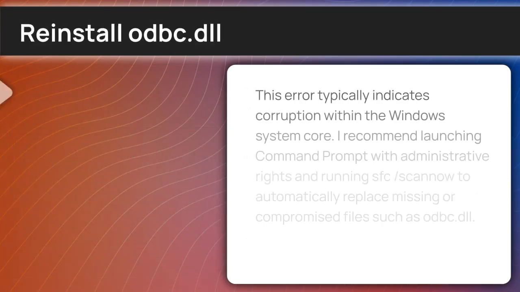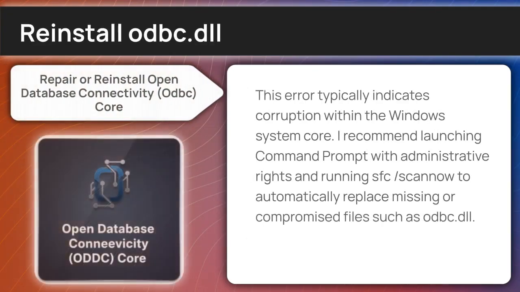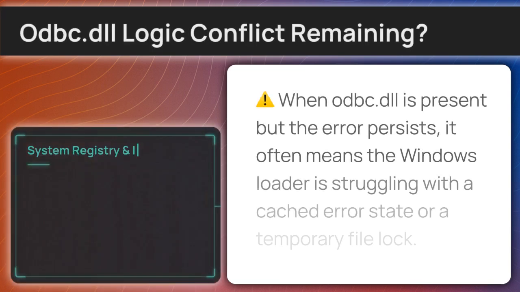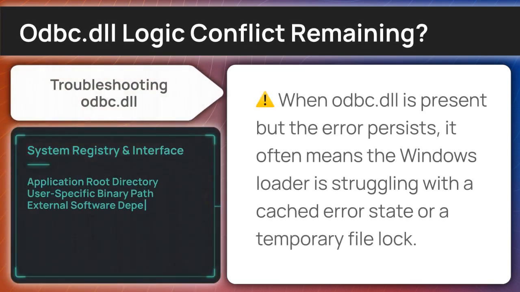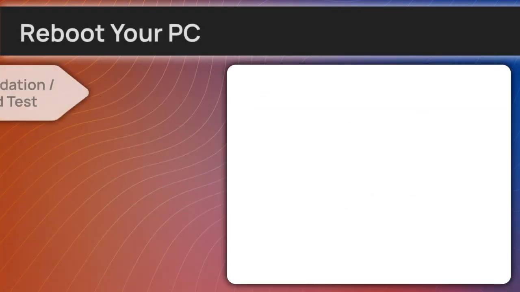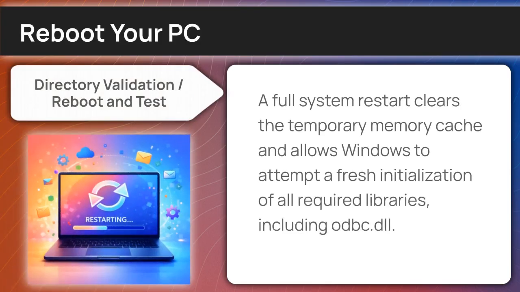This error typically indicates corruption within the Windows system core. I recommend launching Command Prompt with administrative rights and running sfc /scannow to automatically replace missing or compromised files, such as Odbc Library DLL. If a standard reinstallation doesn't restore the library, we need to verify if the system environment is properly recognizing the new components. A full system restart clears the temporary memory cache and allows Windows to attempt a fresh initialization of all required